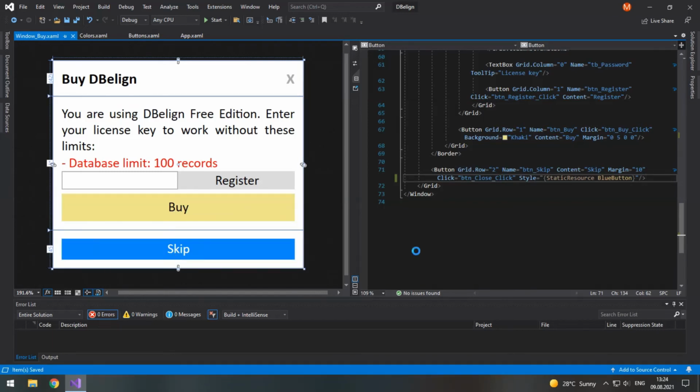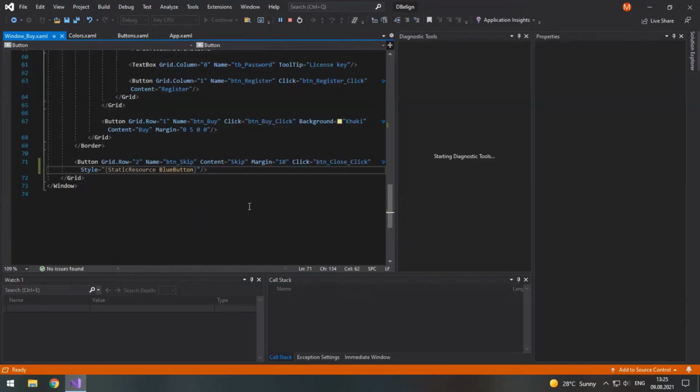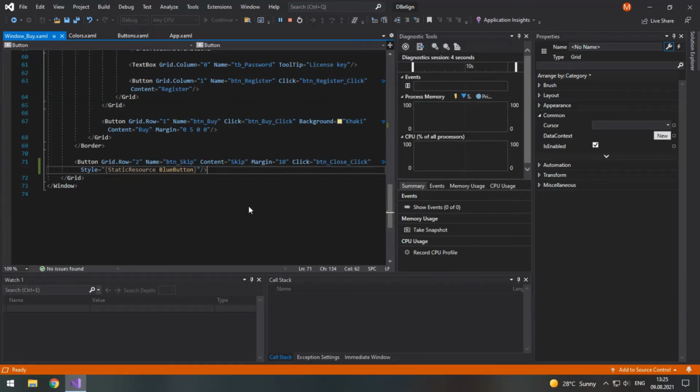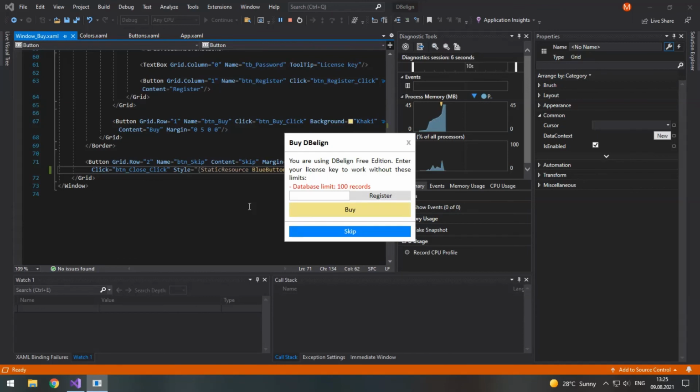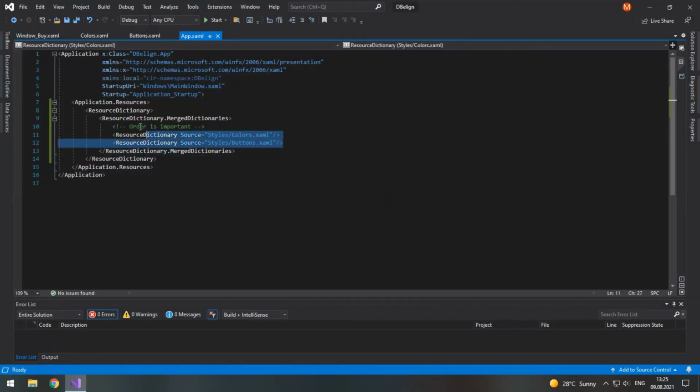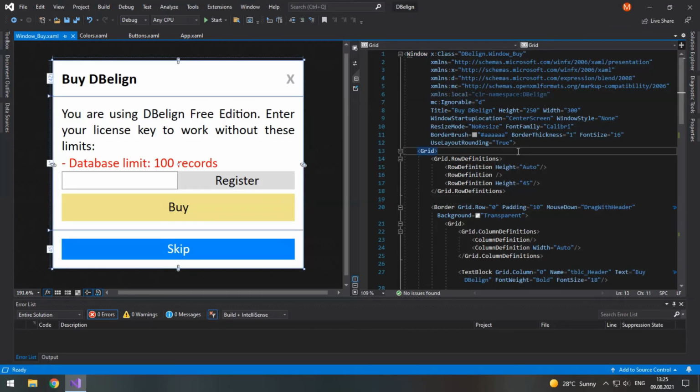And now we can check to see whether the buttons decrease their opacity when we hover over them, and also if they have a hand cursor when our mouse is over them. So, yeah, here, and here. Alright. So now you can use these styles all over your application. If we had used these styles here or here, we would need to duplicate them in all our windows if we wanted to achieve the same behavior.